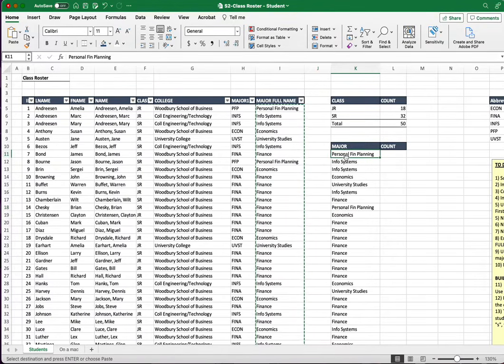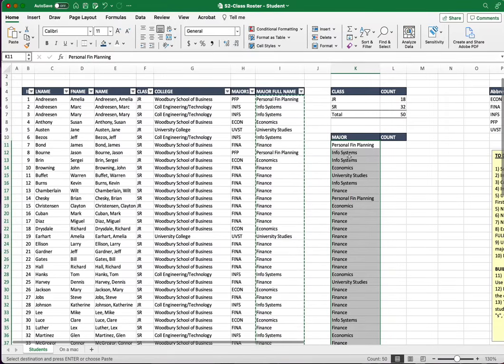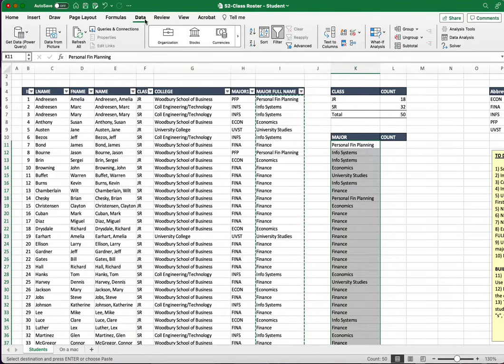Now, unfortunately, I resized it and I got out of there. I'm going to do Shift Command Down and highlight that column, because if I do this, it's just going to count all these. I only need what majors are available, so I want to remove the duplicates. And to remove the duplicates, when this is highlighted, you go up here to the Data tab, and depending upon